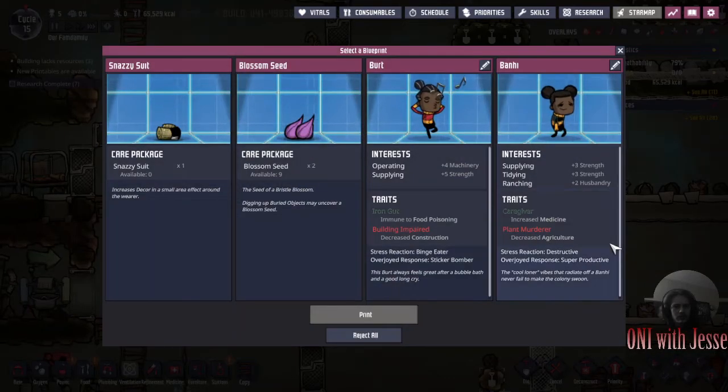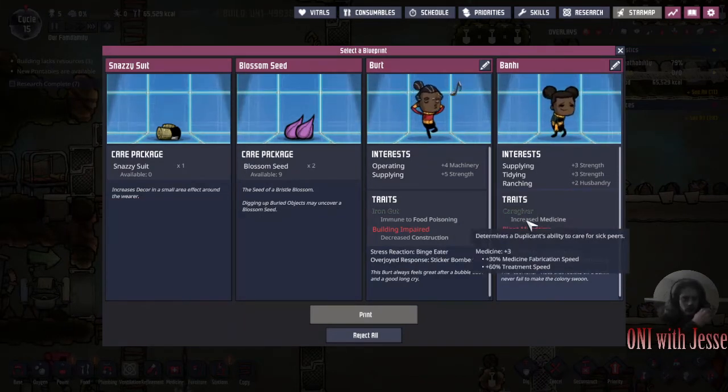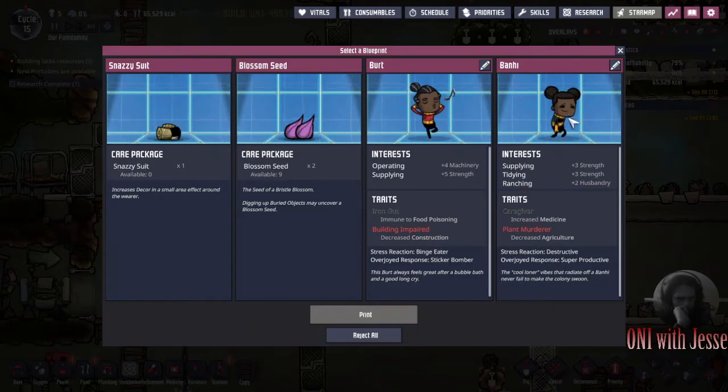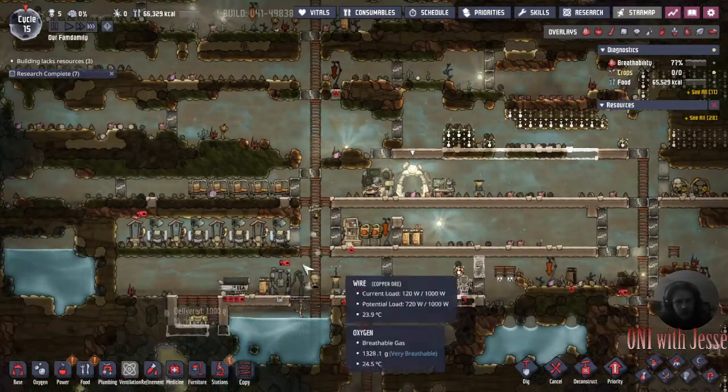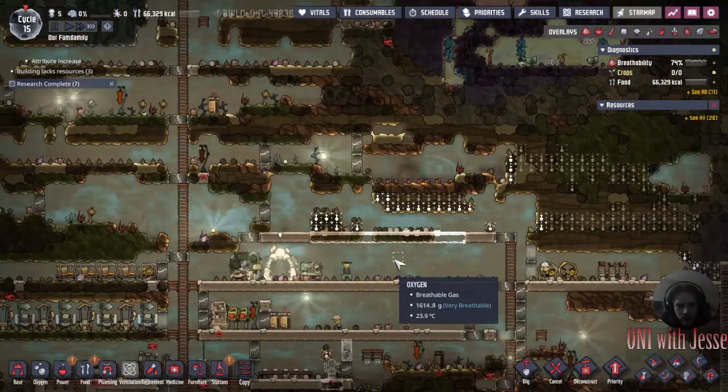Come on, chef. No chefs. Okay, we'll use what we've got. That's a tough one. Yeah, I really want a chef, but honestly we don't need one. I'm not gonna sacrifice the chance at a good dupe just for possibilities. We'll skip on that. We'll take the blossom seeds. There'll be many cycles before we can use those, but hey,